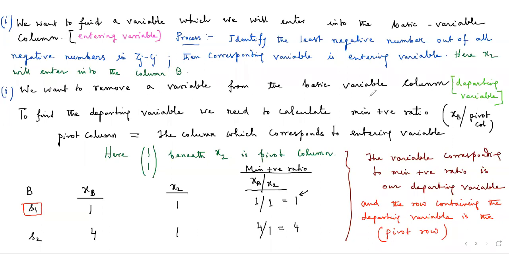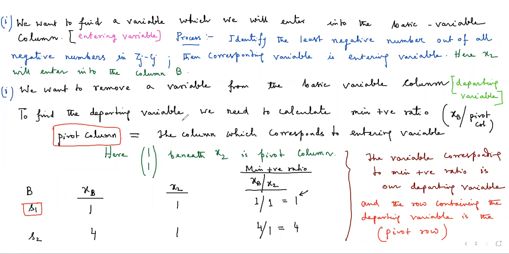Yes, tell me. Sir, how the pivot column is determined? Look at this paragraph 1. Pivot column is that column. Oh, I have not written it. Okay, let me write. Thank you so much. Let me mention it. Pivot column. Oh, I have written it. You see here, just look at this line. This one, pivot column. The column which corresponds to entering variable is called the pivot column.